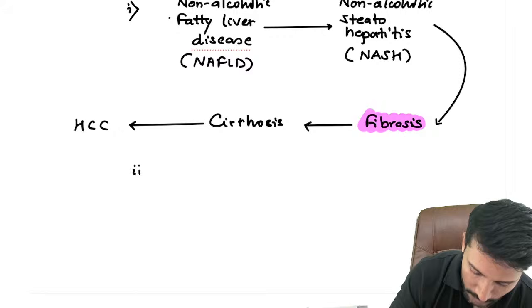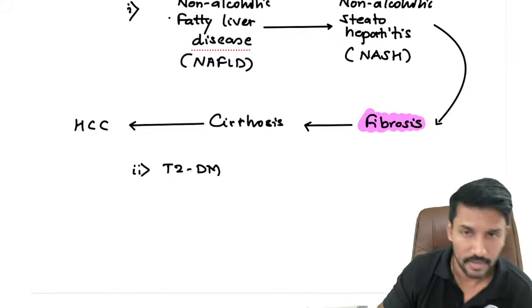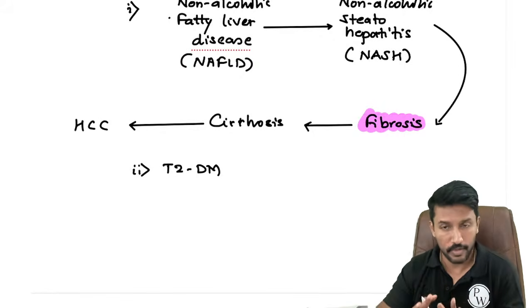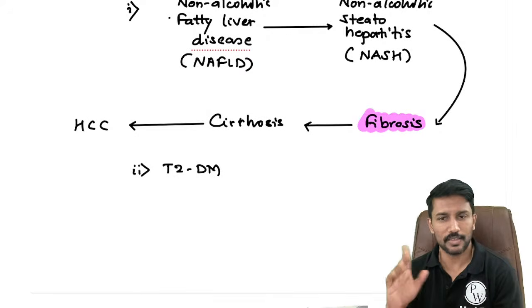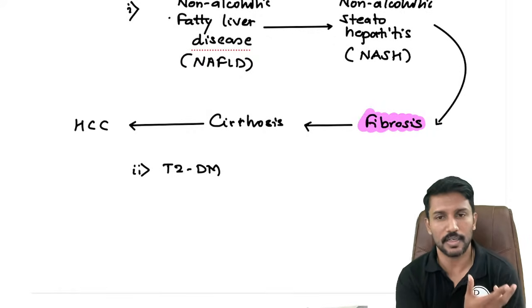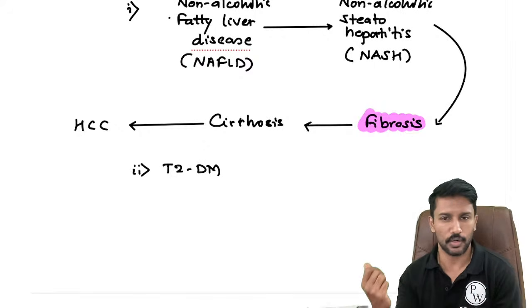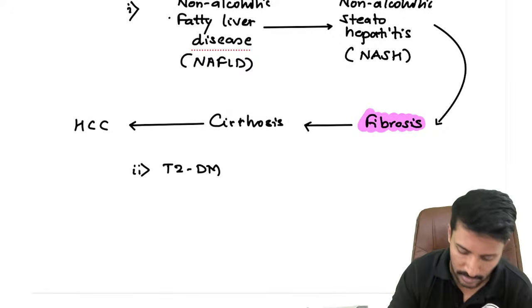Second, the non-alcoholic fatty liver disease is also associated with type 2 diabetes mellitus, because it indirectly tells you the liver may not be directly causing the type 2 diabetes mellitus, but it tells you that you're on the path to develop diabetes mellitus. You're eating a lot of calories, that's why your liver is getting loaded with fat, parallelly you're developing insulin resistance, so eventually you are going to become type 2 diabetes mellitus, right?